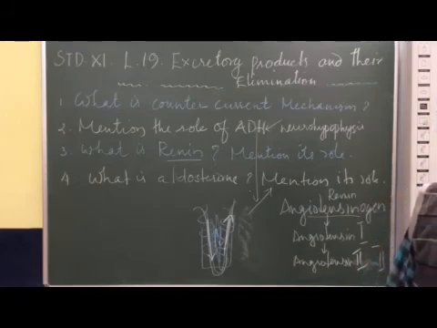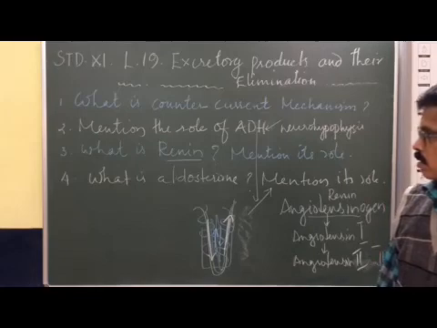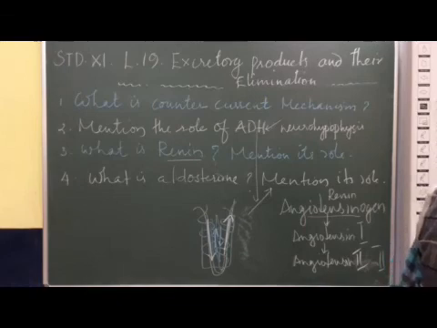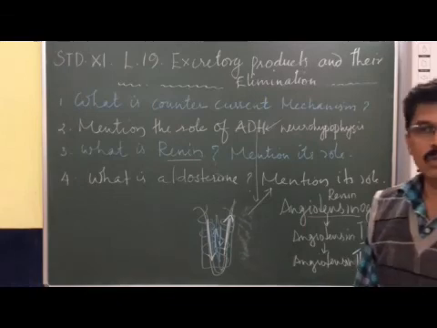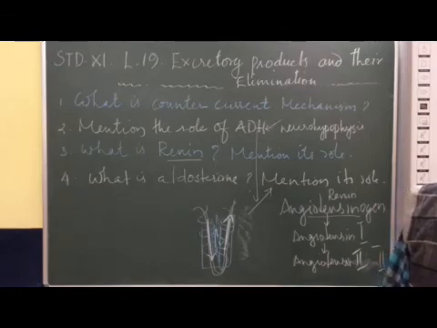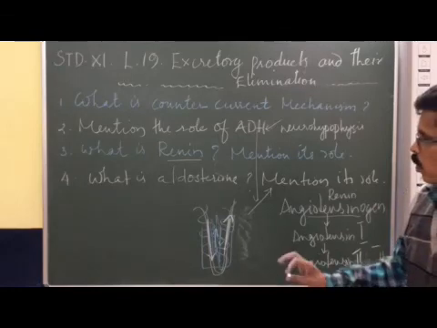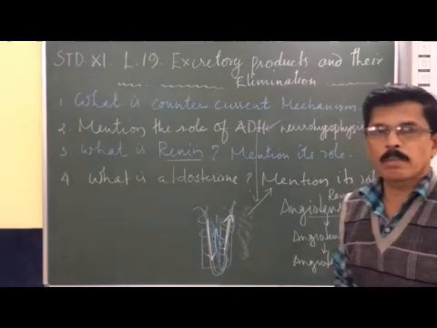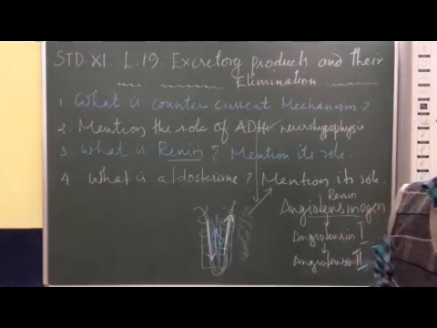So RAAS, the renin angiotensin aldosterone system, plays a very important role in the process of reabsorption and secretion, thereby making the urine dilute or